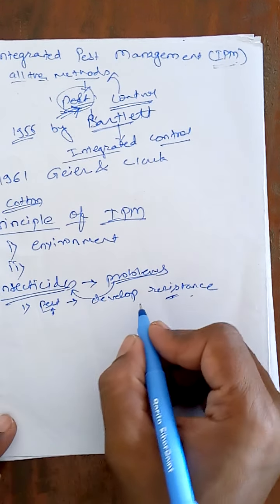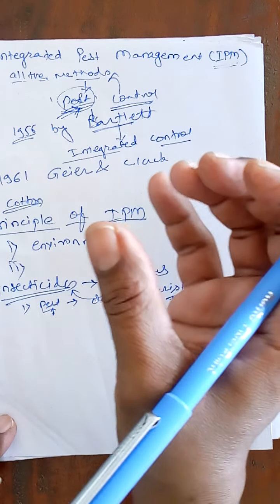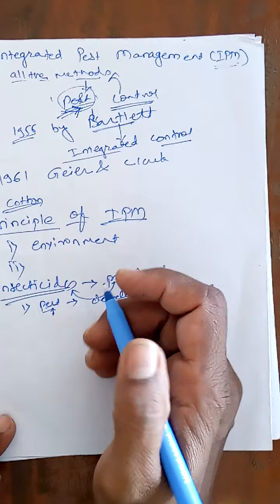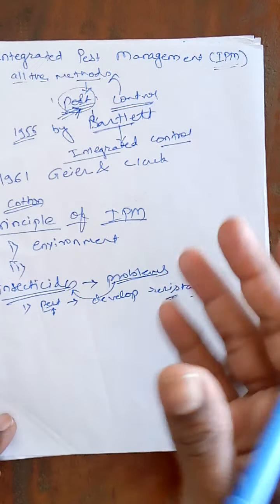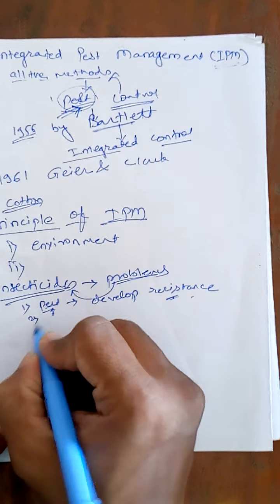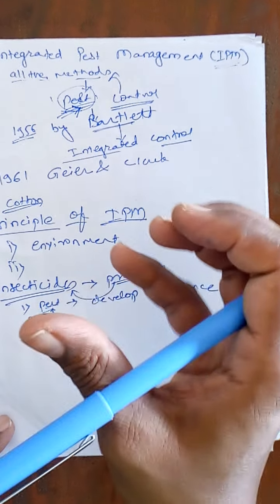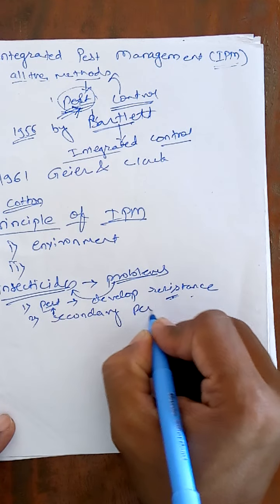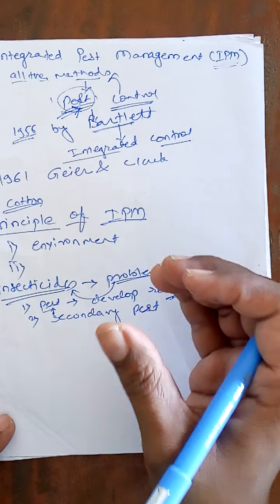Secondly, if you are going to control the major pest or primary pest of that particular crop, the secondary pest will develop. We keep controlling only the first major pest, but sometimes the development of a secondary pest goes on. That means one comes under control and the other